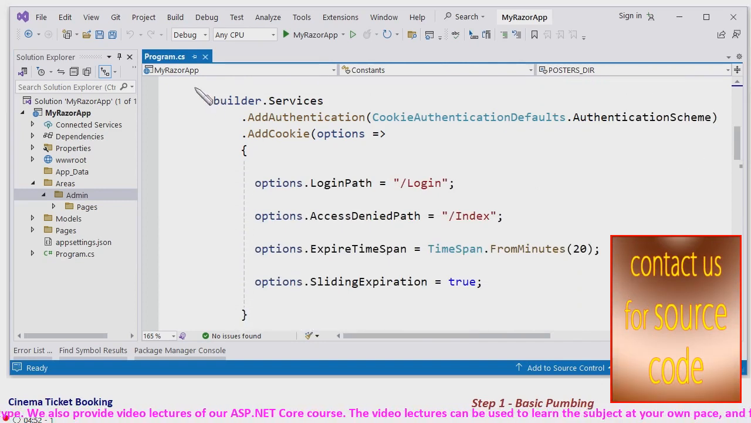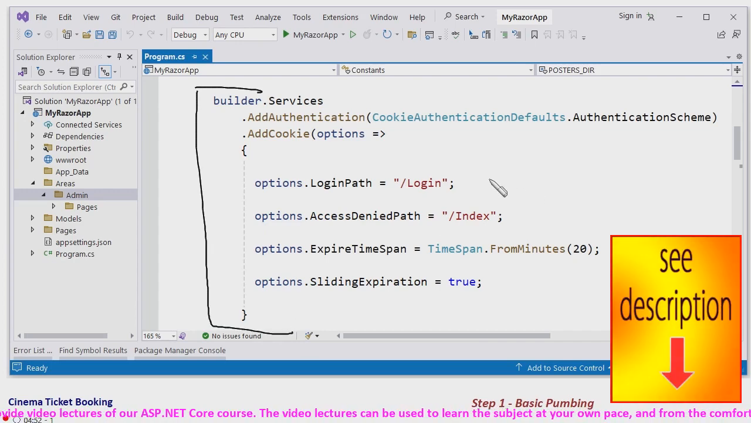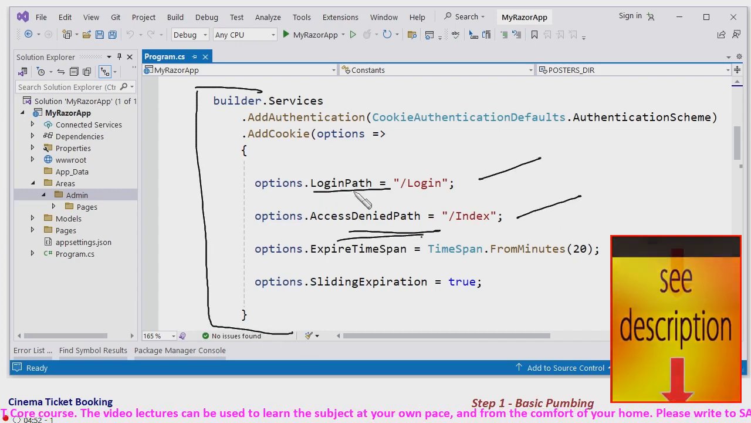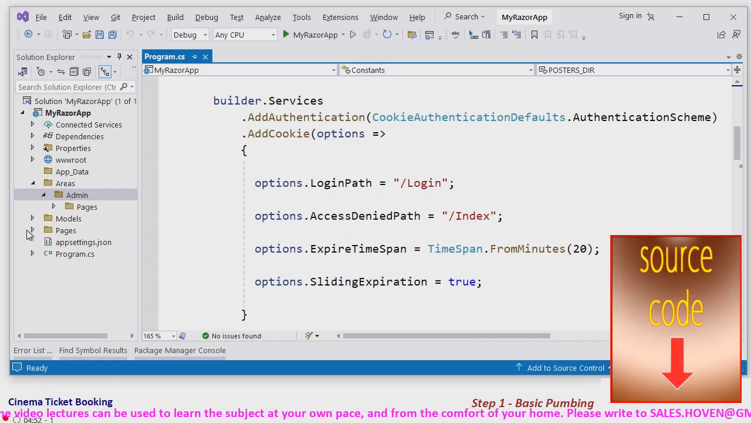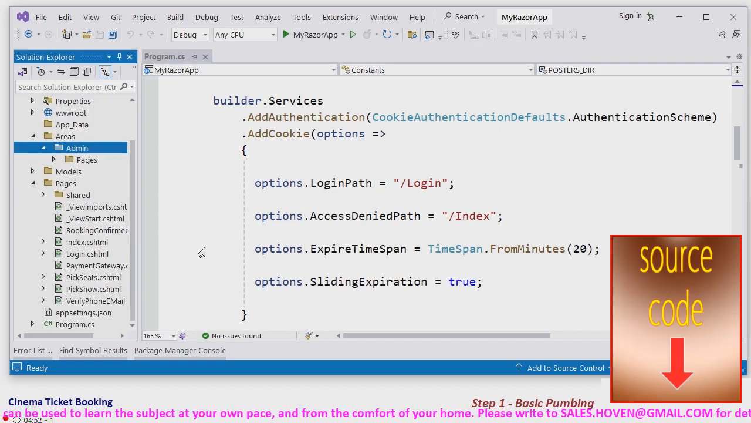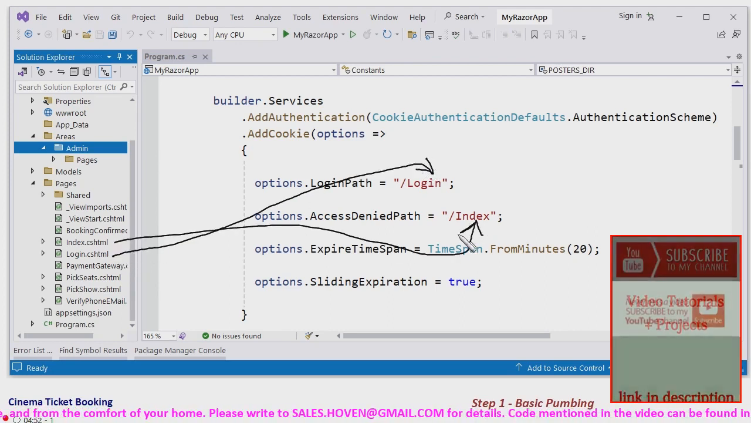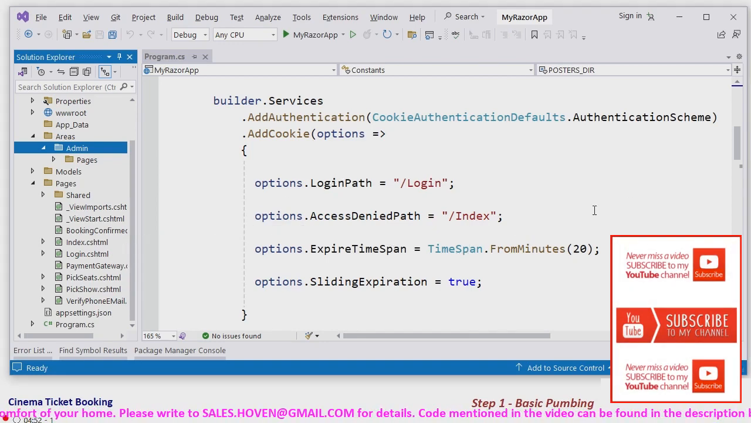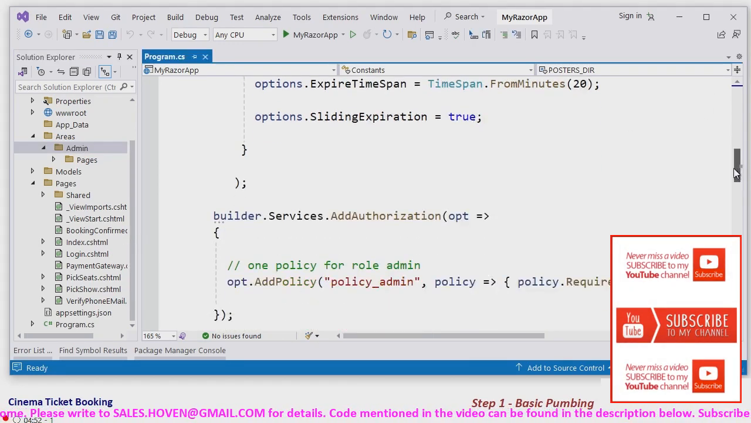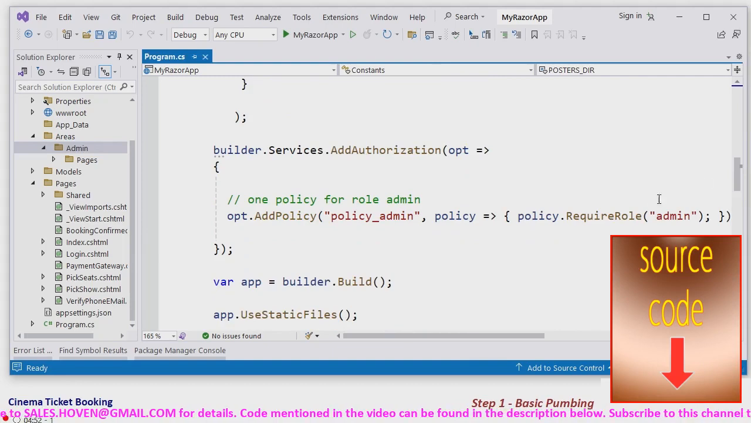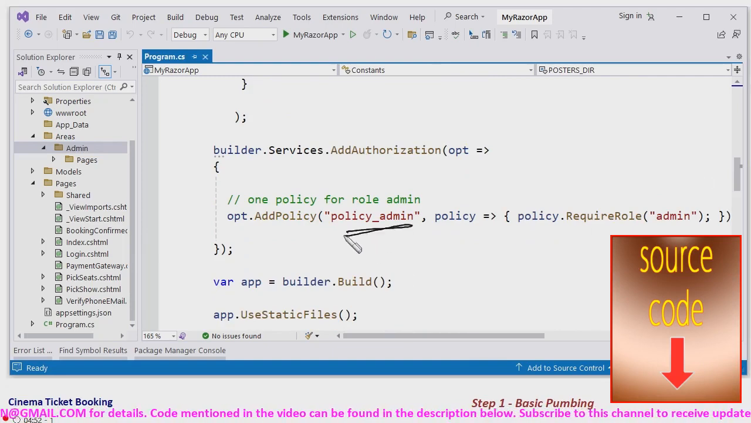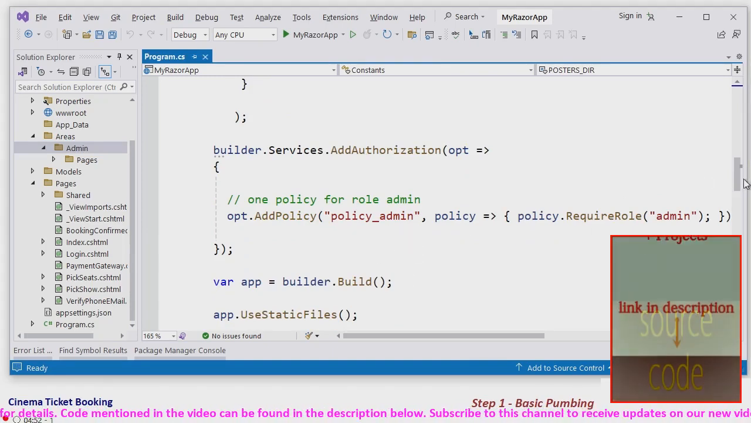we describe the authentication, the login path, the login page, the access denied page. These you can see are listed under the pages. This one is for the login of the admin, and this is for the access denied page, basically the home page where we will take him. And then here we define that policy, the policy that we described